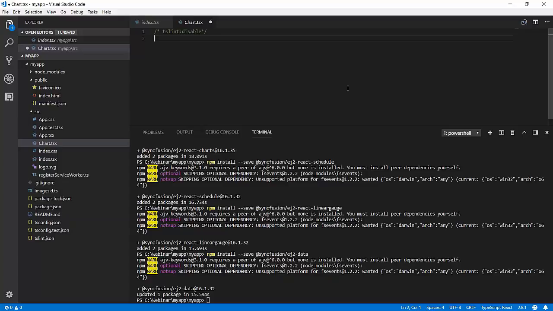Lint is a way to make you write code in a particular fashion. So it's going to keep your code style up to date. All right. Now to get this going, a couple things we need to do. And I'm